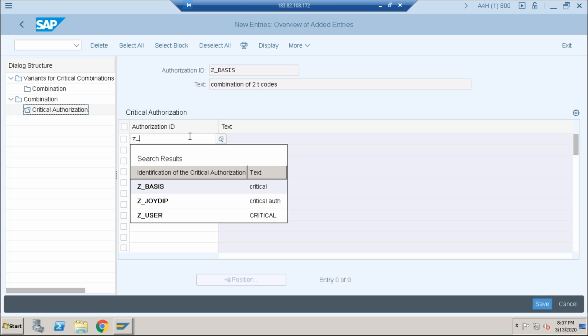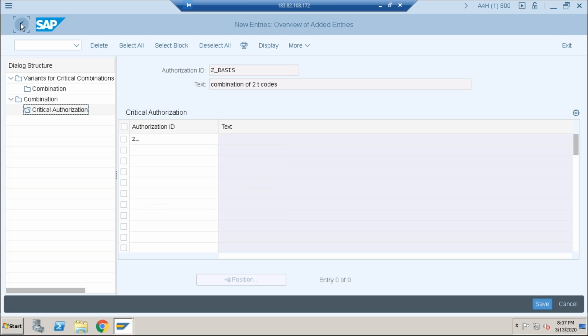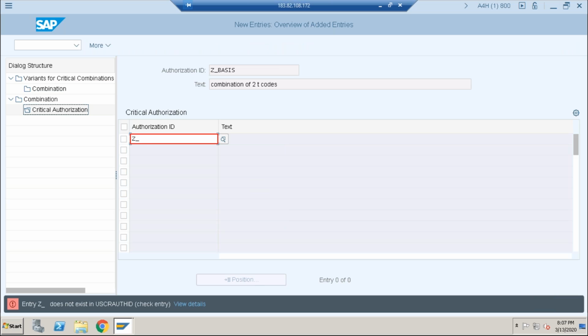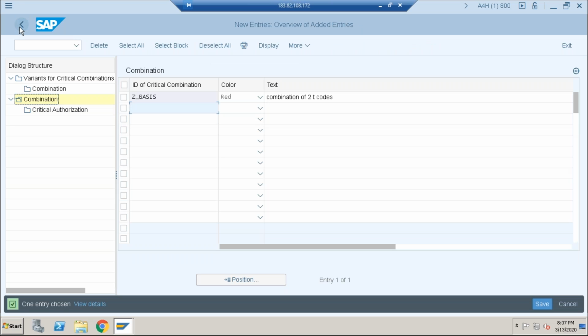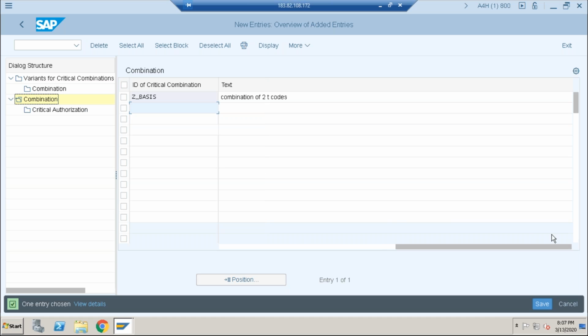Just go back, because you are not adding two or more transactions. First the ID has to be created, and after that you can come back. Cancel everything. Just go back.